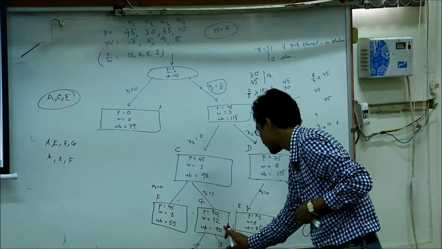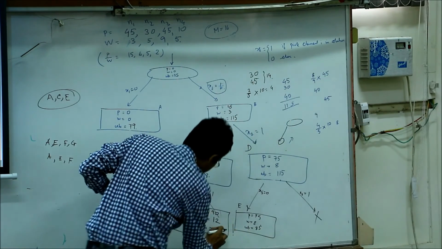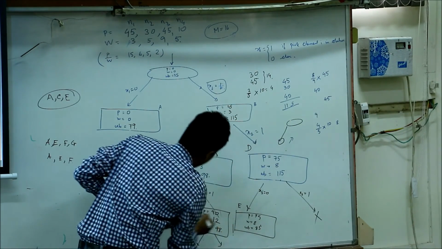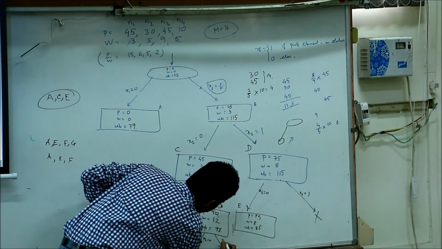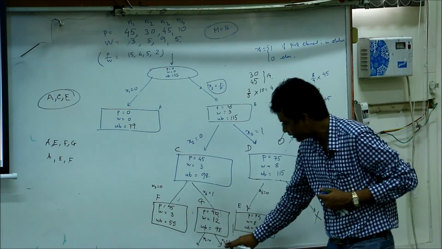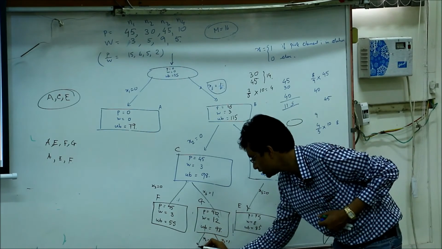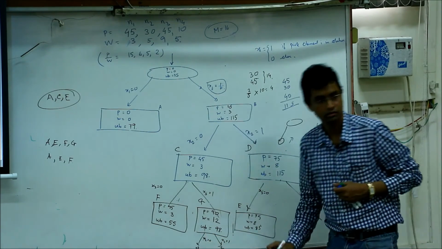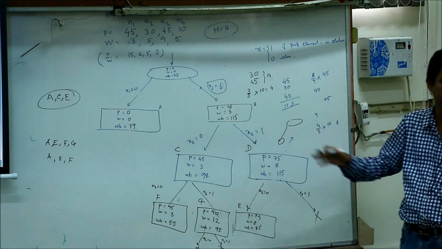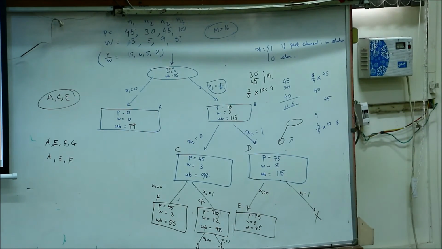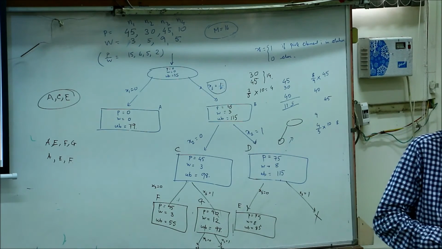G upper bound is coming to be 98. Why? Because, okay, 98, fine. Okay, so then we will explore this, right? We will set x4 is equal to 0 and x4 is equal to 1. But if you set x4 is equal to 1, this will be infeasible. And x4 is equal to 0, this will give you, I think, 90. Value of 90. Right? But this value is more than the upper bound values at all the other places. So we will terminate. Once again, the same question that I had raised for the subset sum problem.